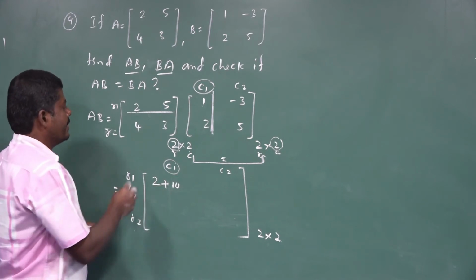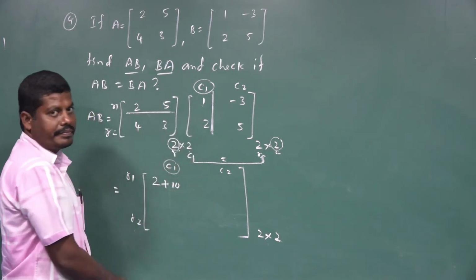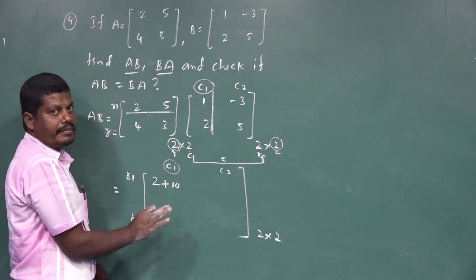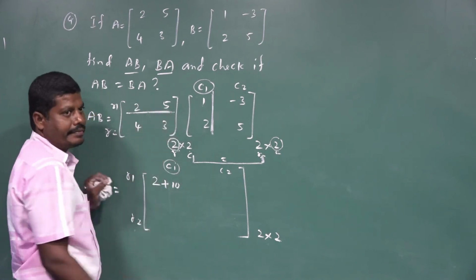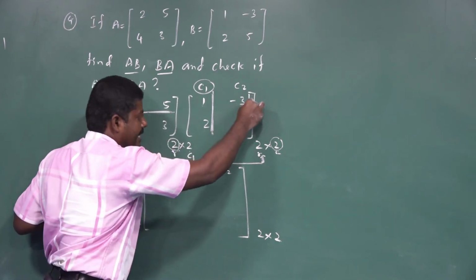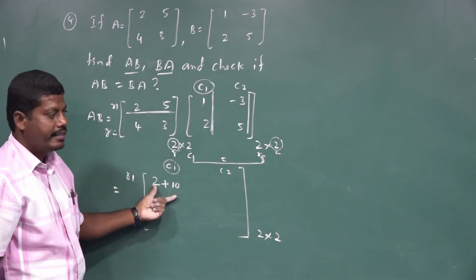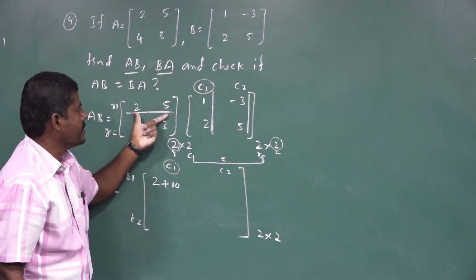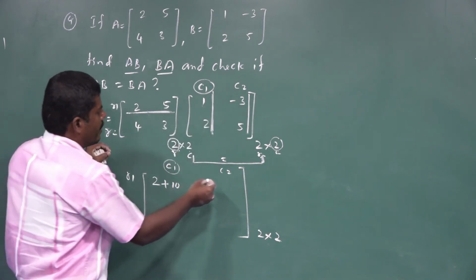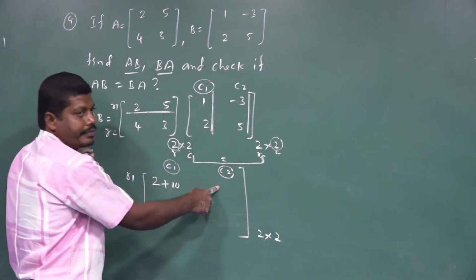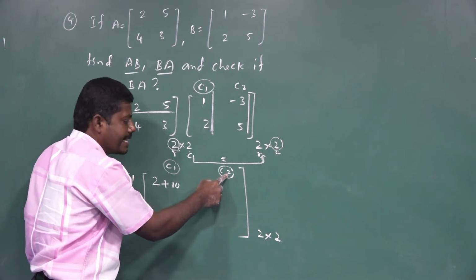Understand? Next, you take the same first row. First row, first column is over. We completed it. Next, same first row, and from the second matrix we take the second column. First row, second column. Same thing we want to do here. Now we write the result in the second column, because we are multiplying with the second column. That is why we write our answers in the second column.